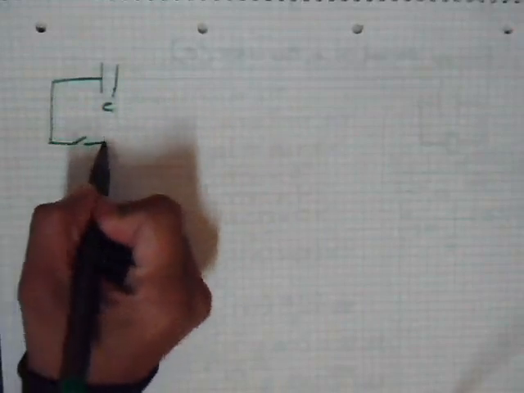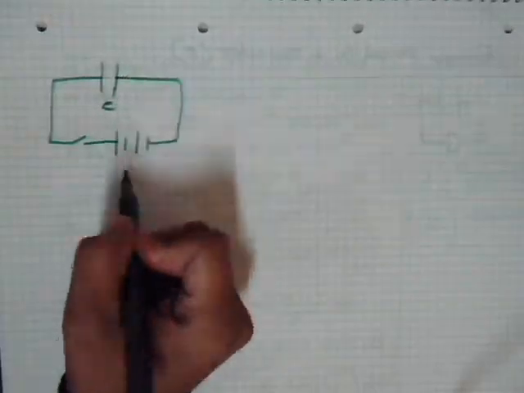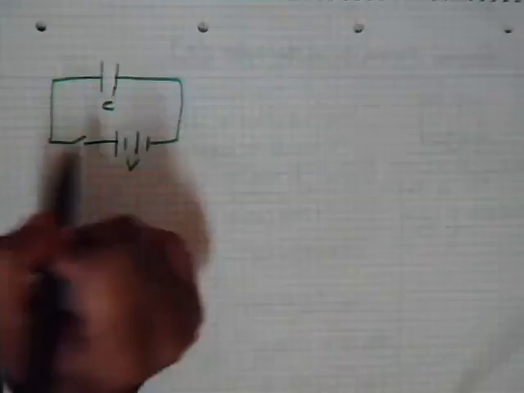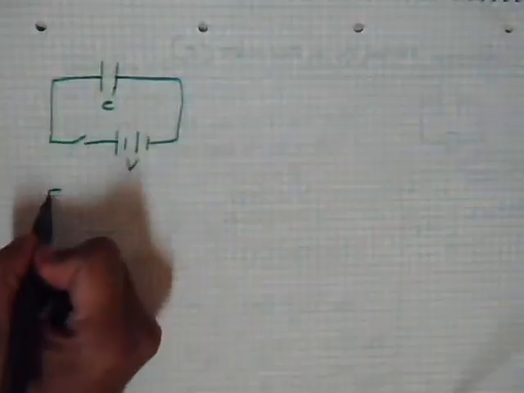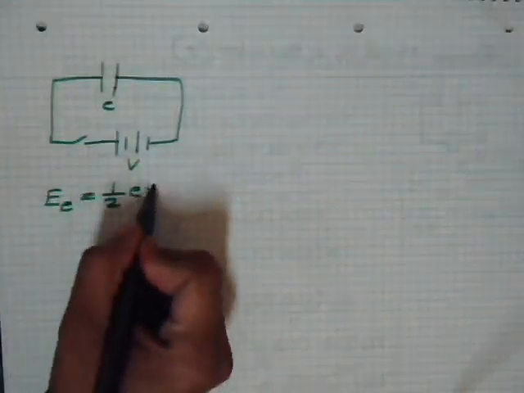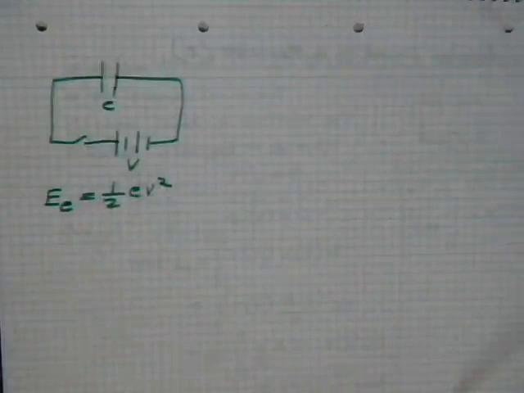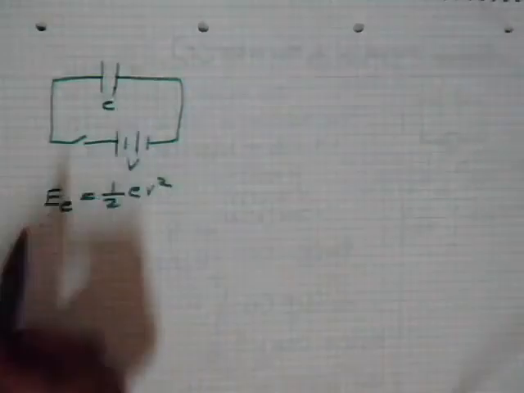So the student asked that, say I have a capacitor with capacitance C, and say this is charged with a battery with voltage V. Then my derivation that I did previously says the energy stored in the capacitor, EC, is equal to half CV square. But the student asked that let the charge stored in this capacitor be Q,